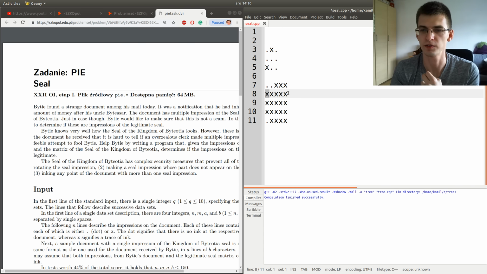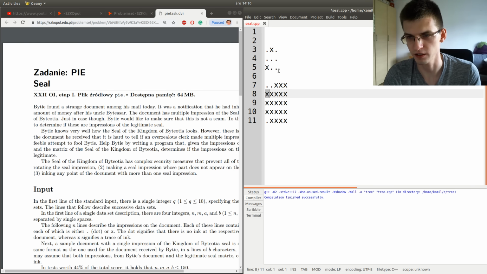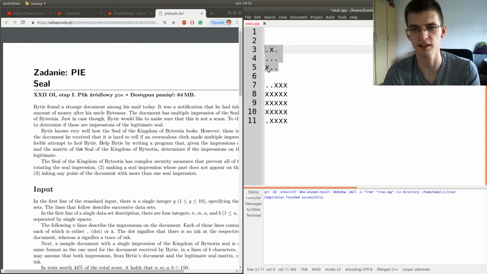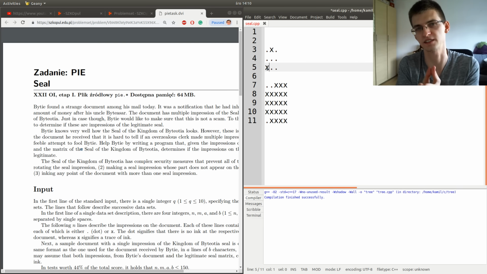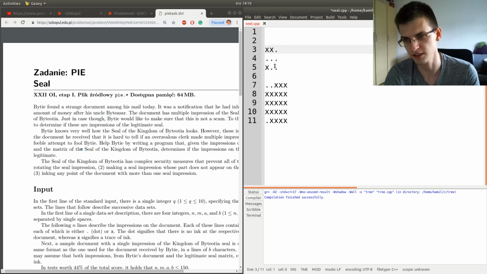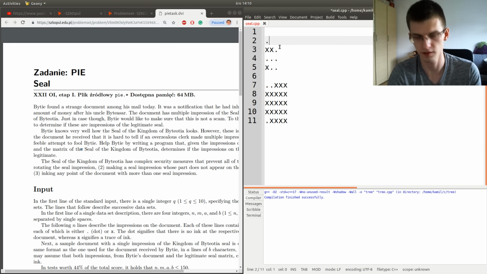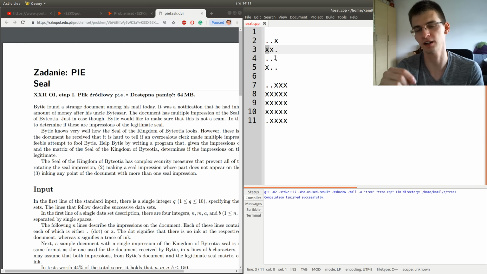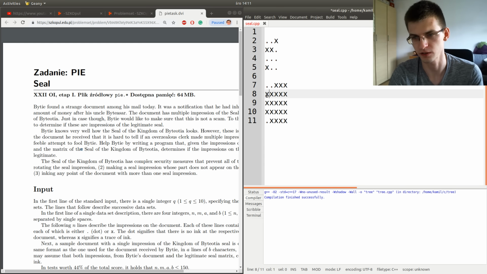And of course, since it's the leftmost cell, it must be covered in this pattern by one of the leftmost x's in this pattern. So for sure something in the first column here. In this case, it must be this x. And if there are multiple x's in the pattern, then we must choose the topmost x of them to be here.